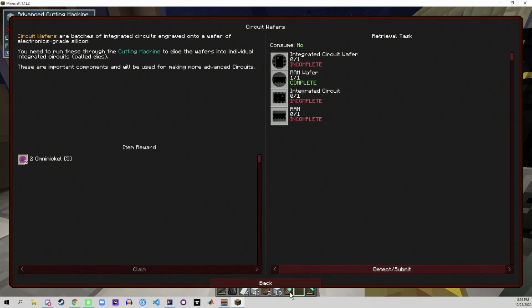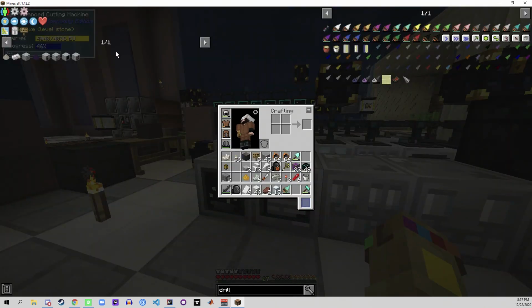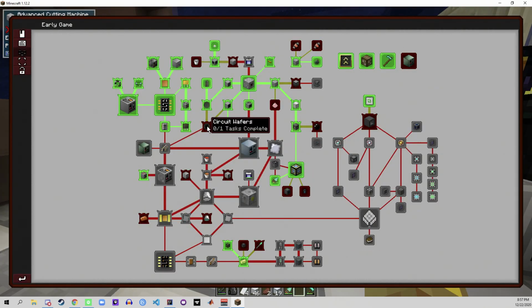So yeah, pretty much we're just following along the recipes. We're taking silicon boules, cutting them, lasering them, cutting them again to get these little chips, basically. We got the RAM, we got integrated circuits, and what are we going to do? Well, we're going to put these together. Not into any of this fancy stuff. Maybe into that one, but if we follow the quest book, it'll tell us exactly what...